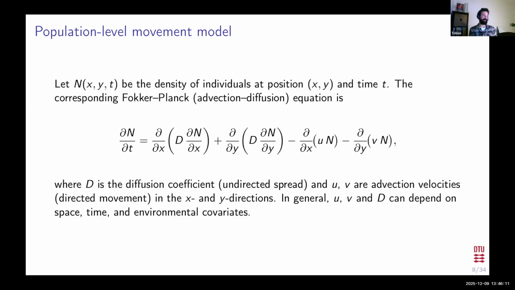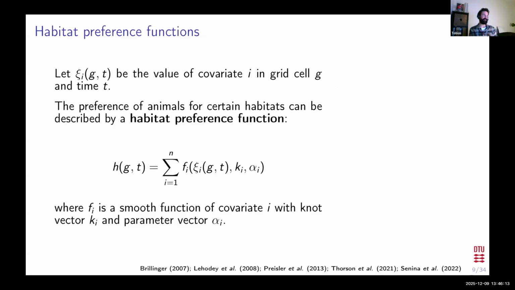So a nice way to actually estimate those parameters differently is by the use of the habitat preference function, and also that has been mentioned before. These are also part of Zepodim, and Jim also introduced them. But maybe I just reiterate them because they were also part of our solution. So given some environmental field, and it might be temperature, it might be some indication of prey abundances, if that's available,